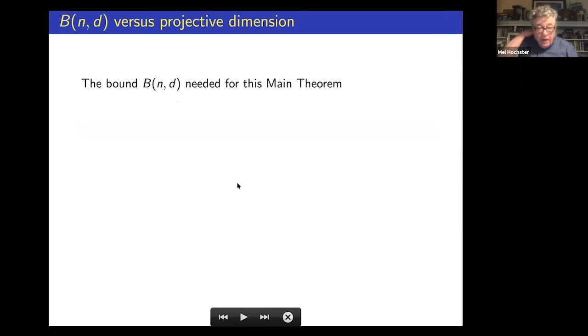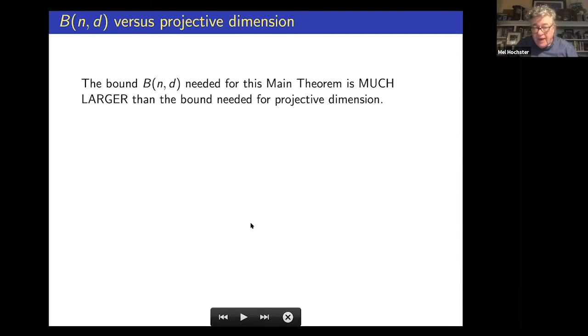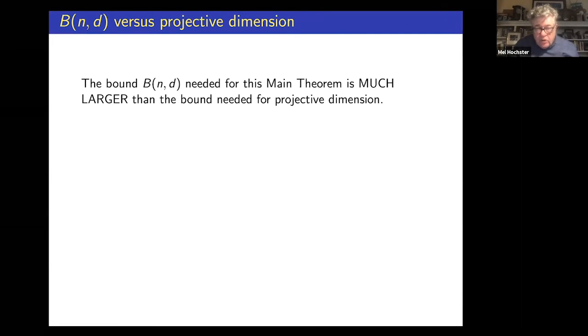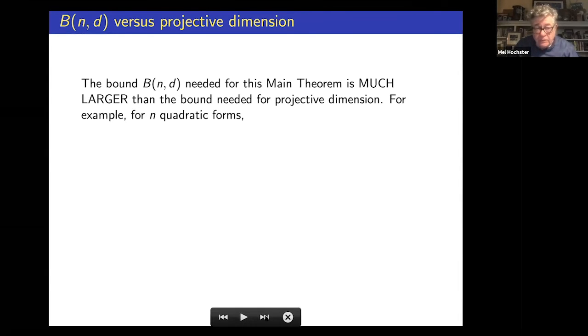So we get this bound, and it's much larger than the bound you need for projective dimension, because we know from specific examples that you can do much better in lots of examples. And so there are lots of conjectures about what the best bound is, but really only progress in very few cases. So for n quadratic forms, there's a conjectured bound of h times n minus h plus 1